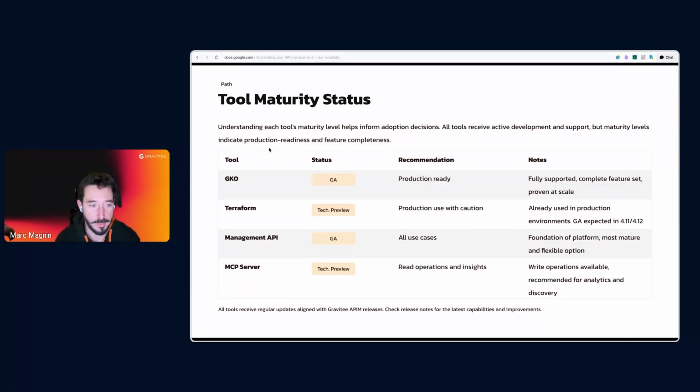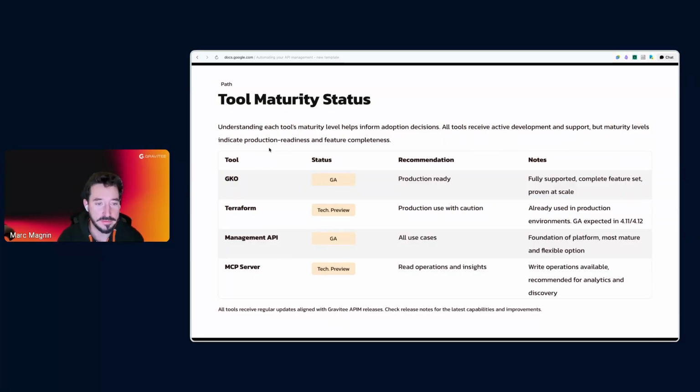It's getting regular releases, same as our main API management product. So we have our quarterly minor release. We have a major release coming up a bit more seldom, when we introduce a very new chunk of features, and then we have our maintenance releases more often in between minors. And yeah, so GKO will essentially follow